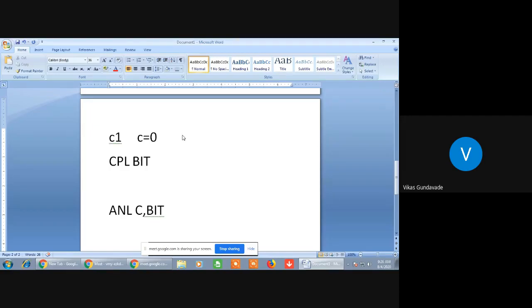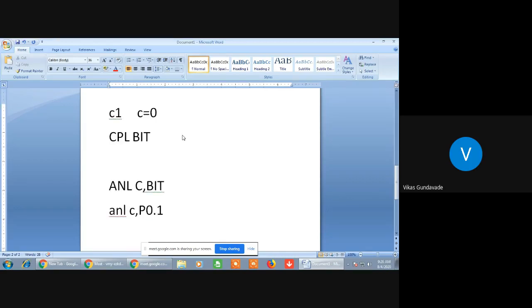So if suppose the instruction is ANL C, and the bit is specified as P0.1, what will happen? The carry will get logically ANDed with port 0.1, and the result of this ANDing will get stored into the carry. Similarly, the next instruction will be